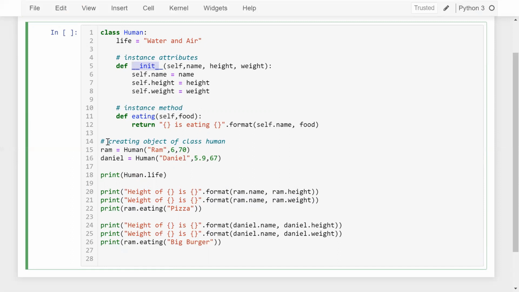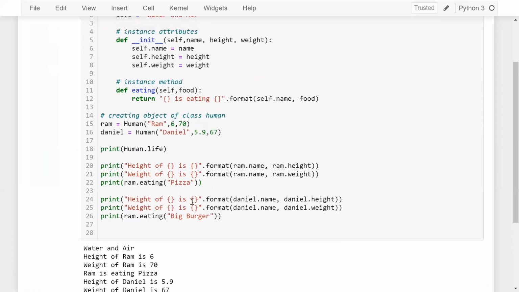And here I'm going to create objects of the class, which are Ram and Daniel. And apart from that, I'm going to access the class variable. You can access the class variable by class name dot class variable name. And here I'm going to print some information based on the class objects. Now let me run this.